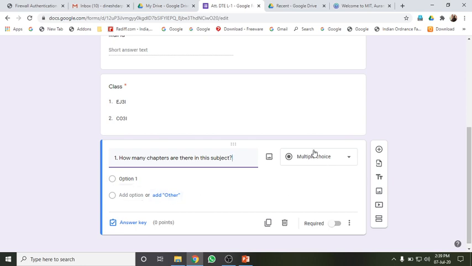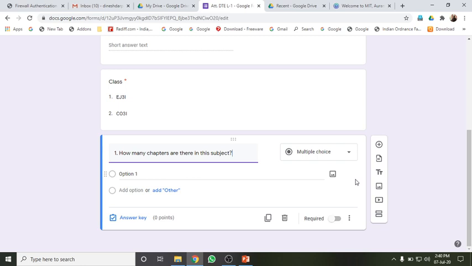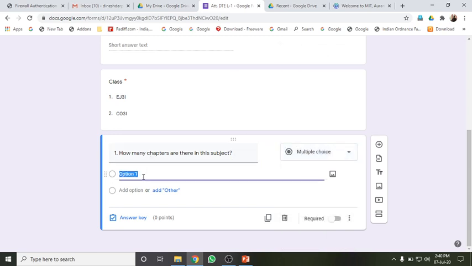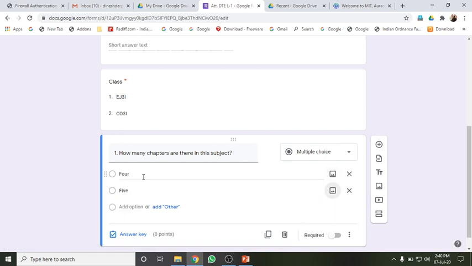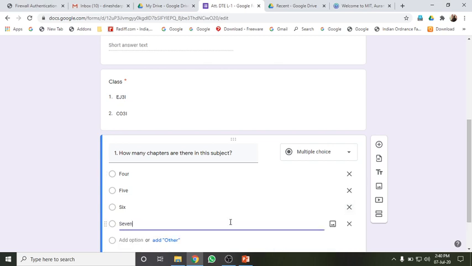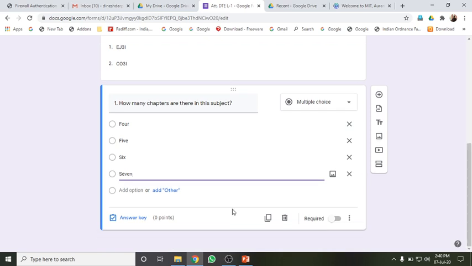Here students need to select one answer out of many answers, so the multiple choice format is taken here. Now I can add the options 4, 5, 6, 7. So 4-option MCQs. Again you need to make it mandatory.